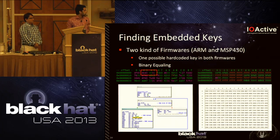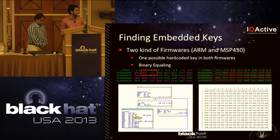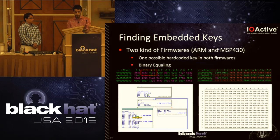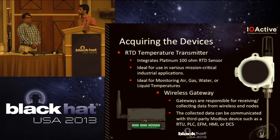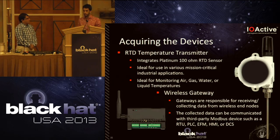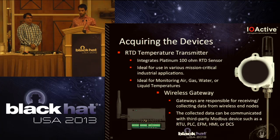So we were nearly close to finding an encryption function, because there is some source using that table, and that table that you see there is across all the versions of the firmwares of that family of devices. So we said, okay, let's acquire the devices and check if we can break this weak site security key. So we bought an RTD temperature transmitter that I showed you some minutes ago, and this uses